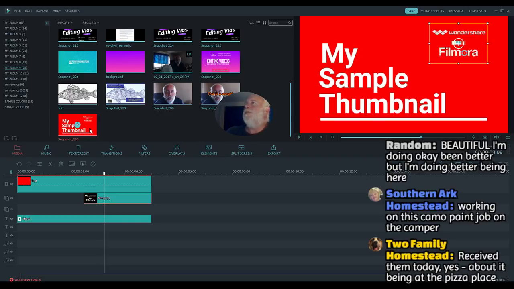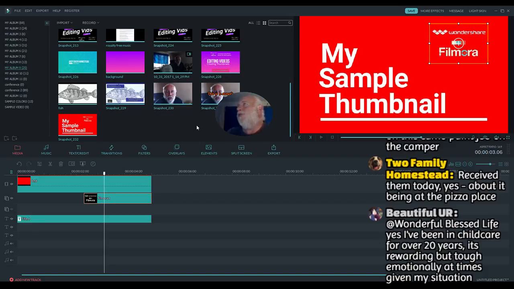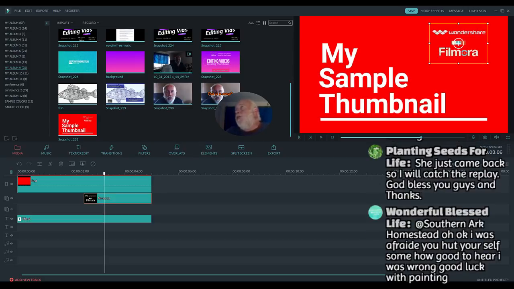Grandma Rose's Homestead has asked, can you add your own fonts to the selections? Yes. Filmora will pick up whatever fonts are on your computer, and you can add more fonts to your computer. So I may have some on here that others don't. I don't have any real special selection of fonts, but Google has tons of free fonts, more than you could